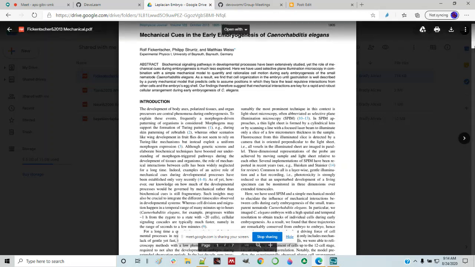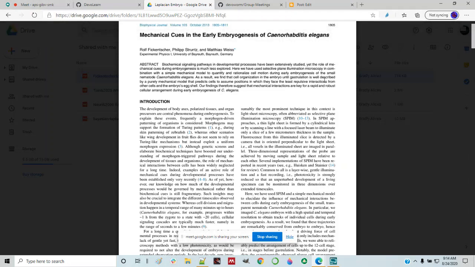So we have this very early organization, but then they're saying that if you look before gastrulation, which is the first folding of the embryo where it starts to take a little bit more shape than just a sphere, this is all mechanical in nature. And so